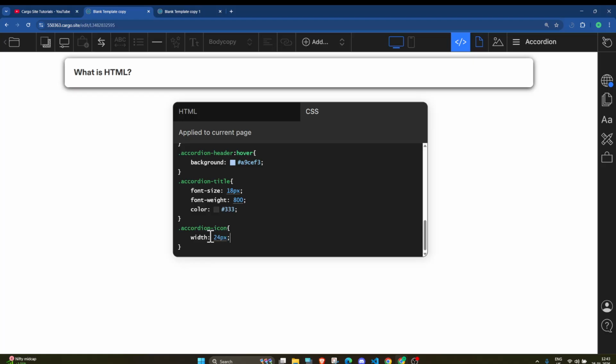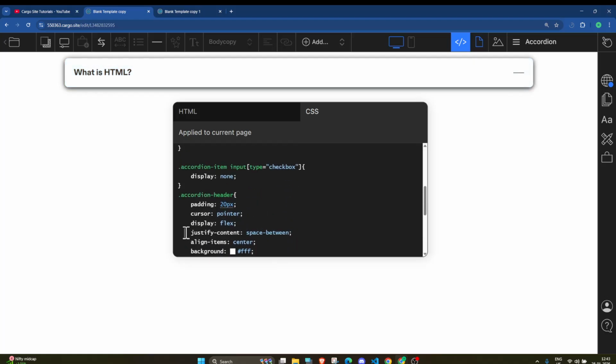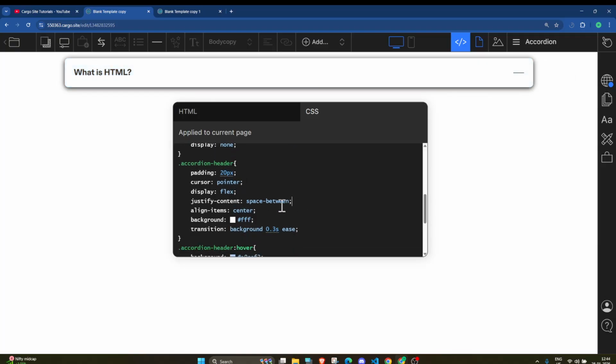Let me add the border. Here you can see that here is our icon. So basically, justify content which we added is to align it. If we add justify content flex end, it will move everything to the end. But we want one item to be on the left and the other icon to be at the right side in the header. So that's why we have added space between CSS.